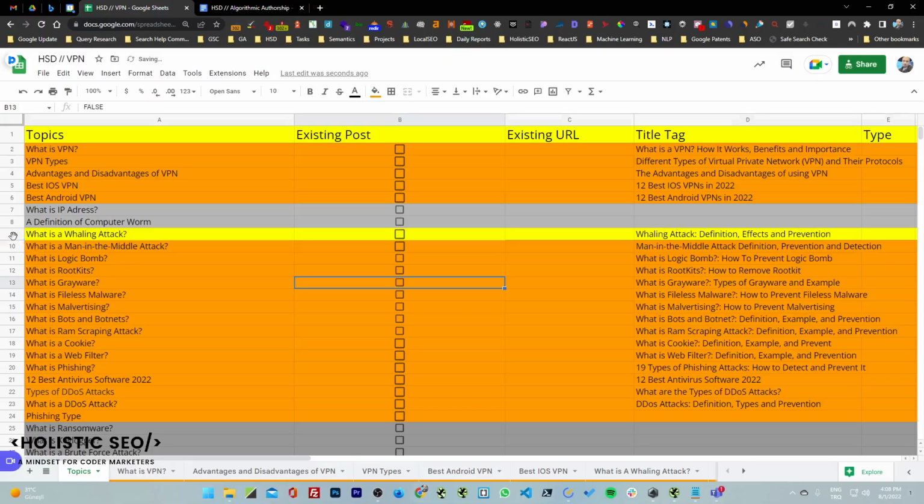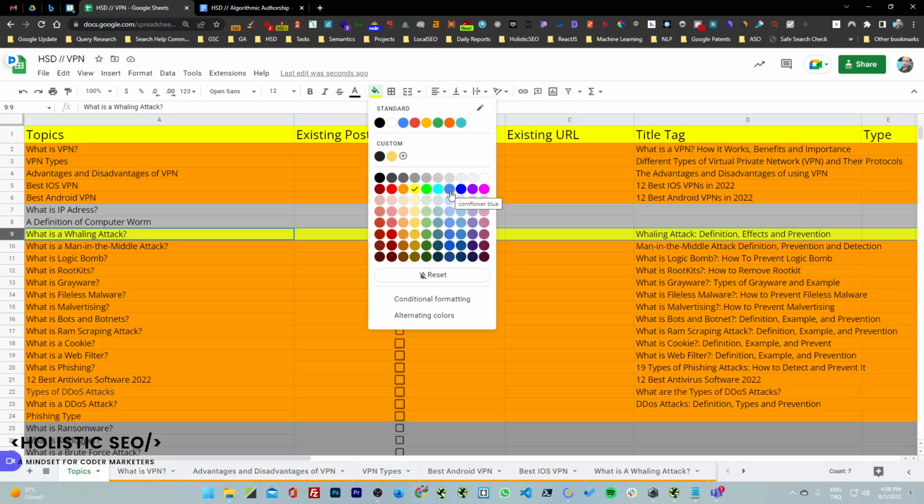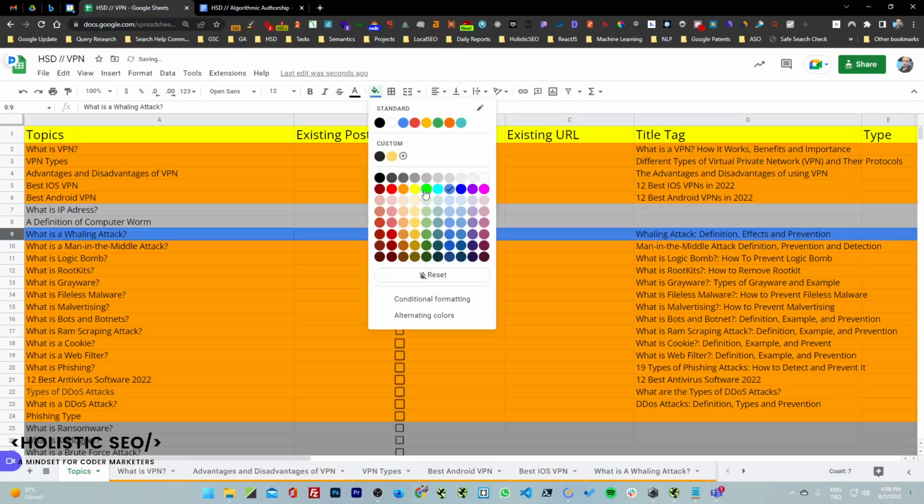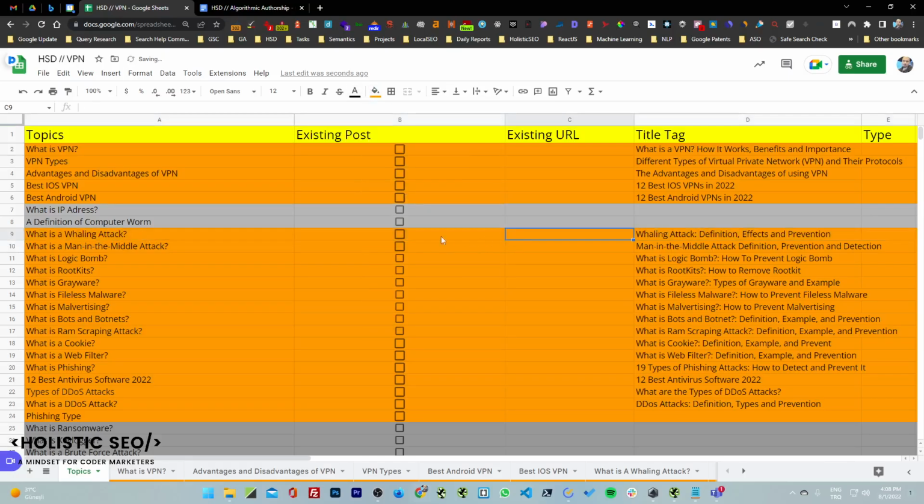For example, if you make it yellow, it means that someone is writing it. If you have finished writing it, it will be blue. If we have published these things, it will be green. And once we have the greens, it means that we have just refreshed that specific document or that specific